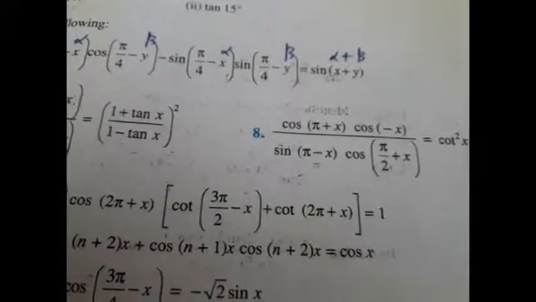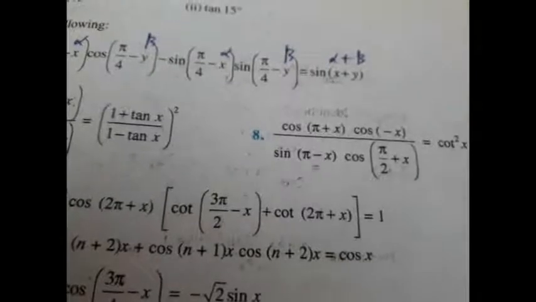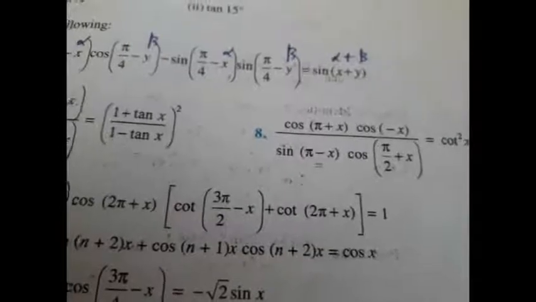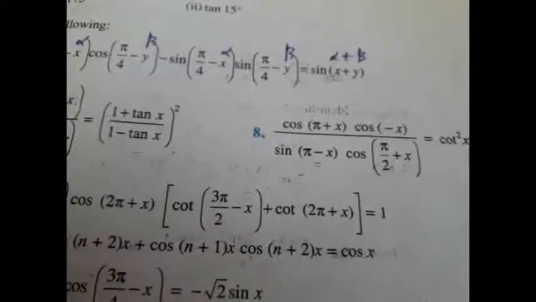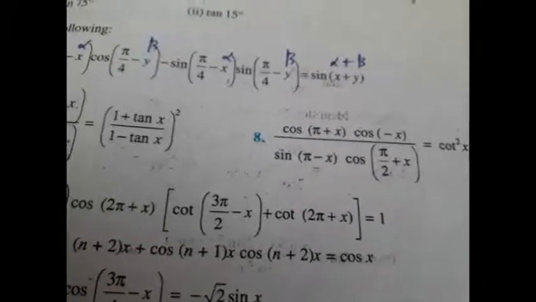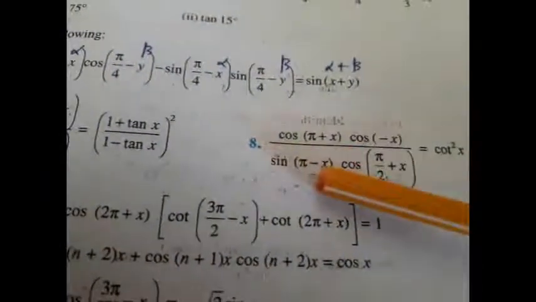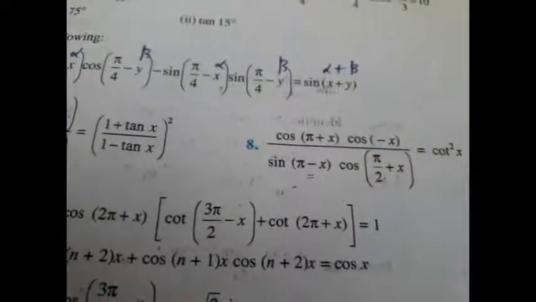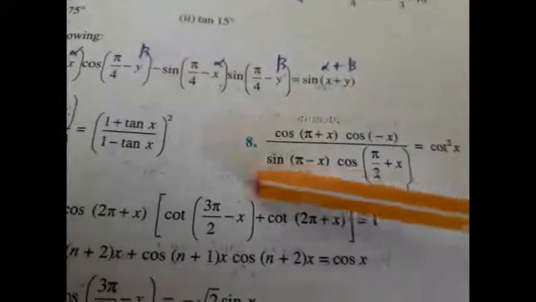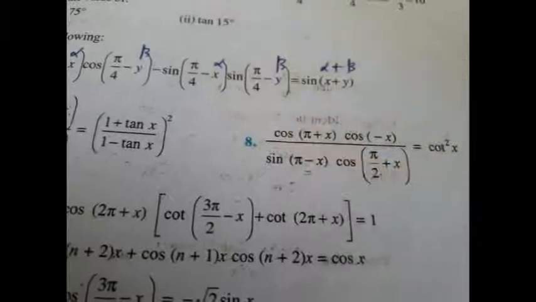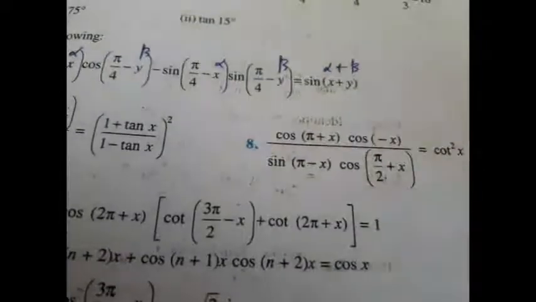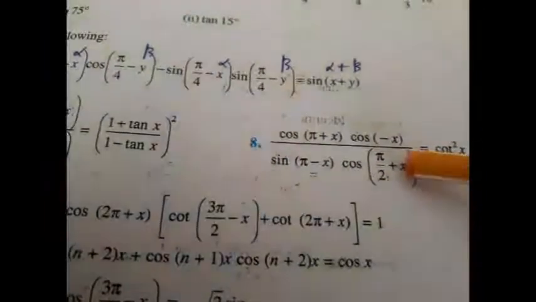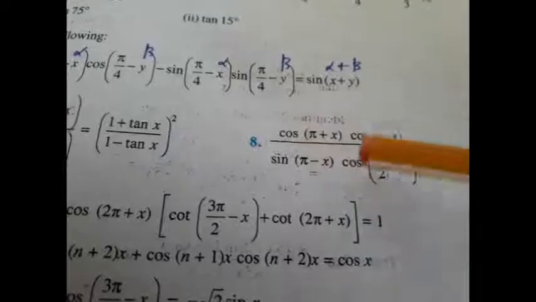If I say cos(pi/2 + x), the answer will be in terms of sin. You have to check your sign, I mean the plus or minus. If it is cos trigonometric ratio with pi by 2 plus x, it will become sin trigonometric ratio. When it comes to pi and multiples of pi, it will remain same. So sin is going to remain as sin only. Cos is going to remain as cos only. So what is sin(pi - x)? When it comes to pi minus x, it will remain in the second quadrant. So all silver, sin will be positive. When it comes to pi by 2 plus x, it is going to become sin.